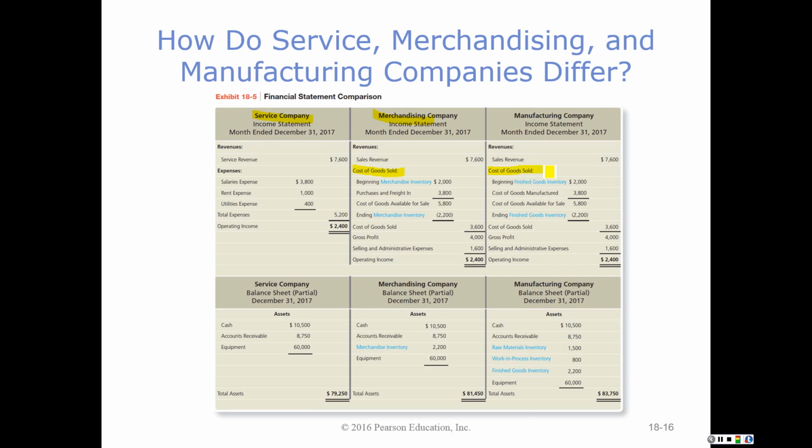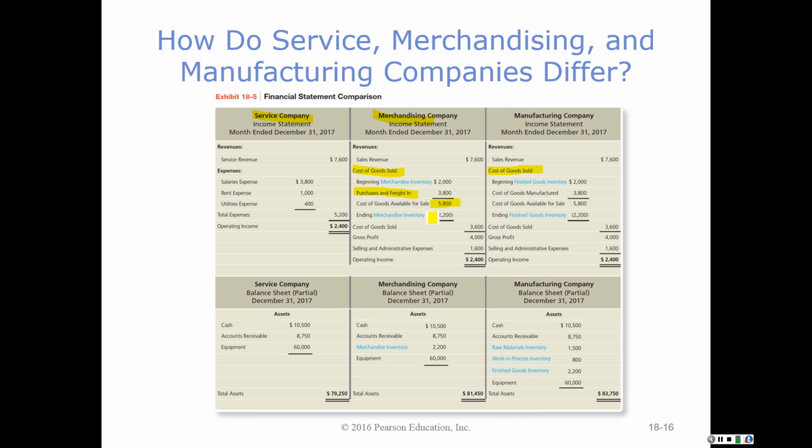But let's look at the difference in how that cost of goods sold is calculated. For the merchandising company, if we're Lifeway Bookstore, we have some beginning merchandise inventory on stock and on hand. And as the spring semester nears, the bookstore will purchase more. So they'll have additional purchases, and the freight of getting those purchases to their store is also part of the cost of inventory. So the books that they had on hand before, plus the cost of the books that they purchased for the new semester, will give us a subtotal of the merchandise that they have available for sale.